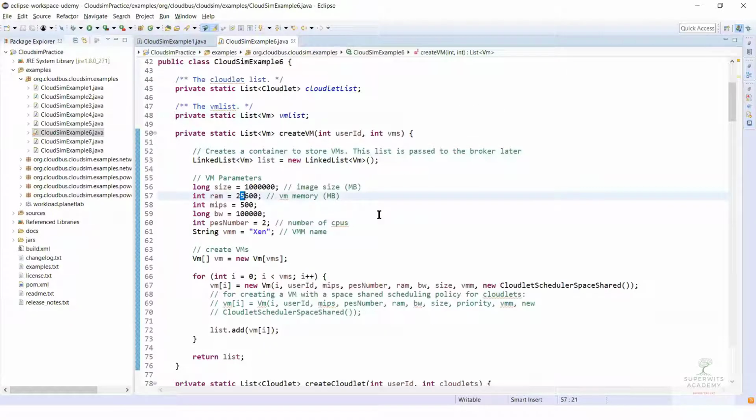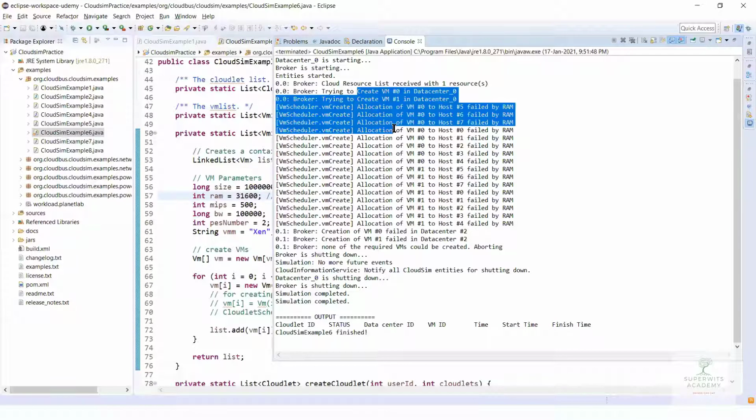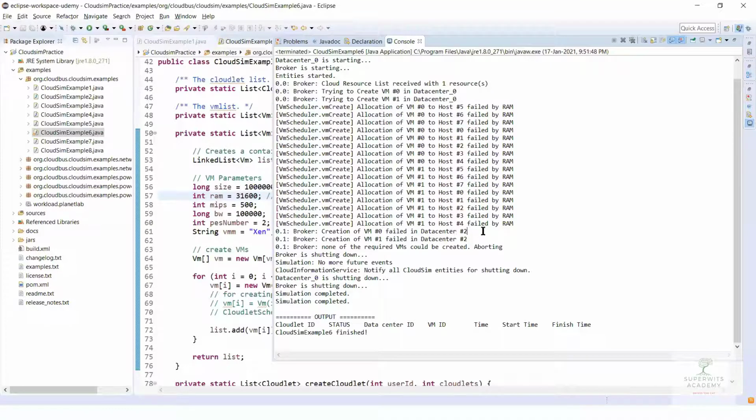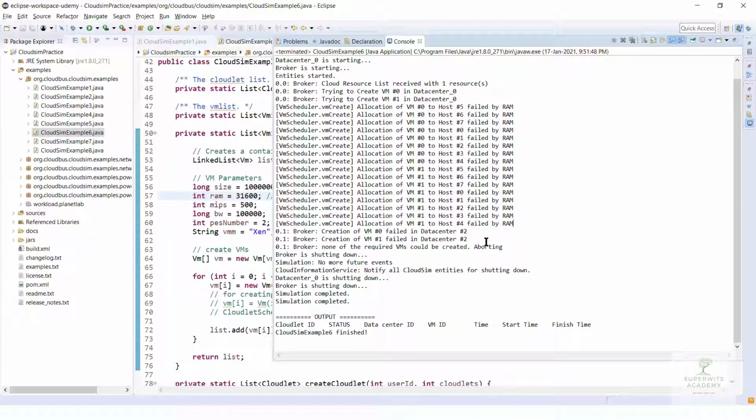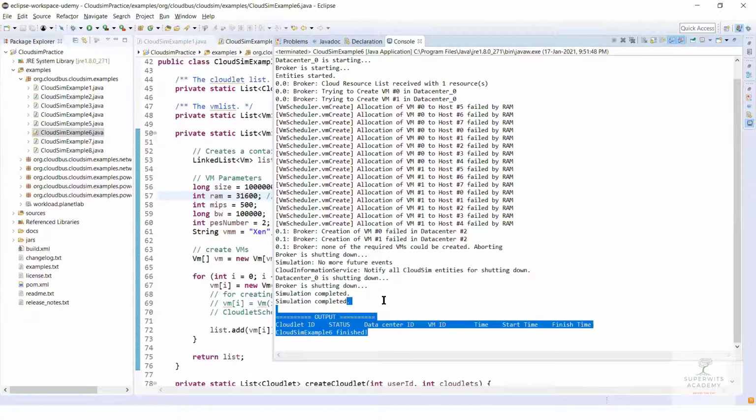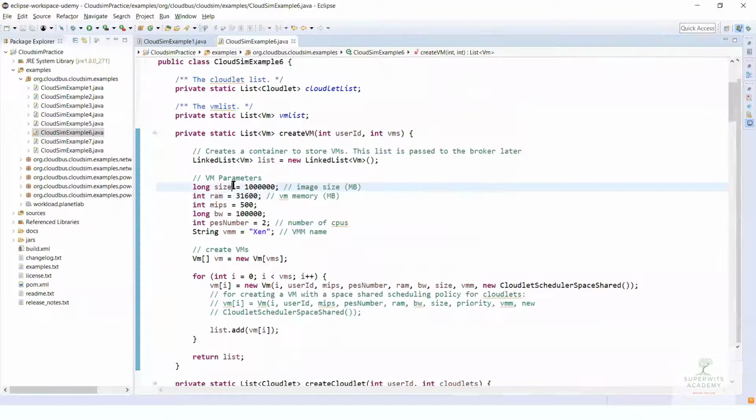Whereas if I increase it to somewhere around, let's say, 31 GB, so 31,66 or so, we can simply see that the virtual machine fails on all the hosts available in the data center, because the maximum RAM provided is only 30 GB, so your virtual machine was not created, and so your cloudlet is not being created, right?